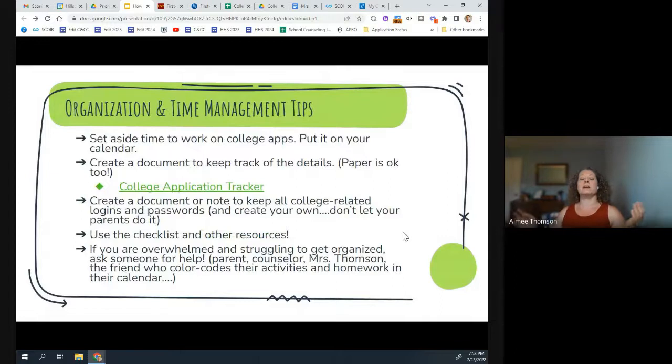Some other tips from me. Students, you got a lot of things on your plate, especially when we get back to school this year. You probably remember how you felt like you got run over by a truck in the first week of school this past year, especially coming off of virtual learning and going back to full days. But don't forget, we've got sports, clubs, a million other commitments. You got to schedule time into your calendar to work on college apps because the weeks will get away from you. Right now it seems like the year's so long, but every student I met with in the spring said, oh my God, you were right, this year went so fast. Time can really get away from you. So book time in your calendar to work on your applications.